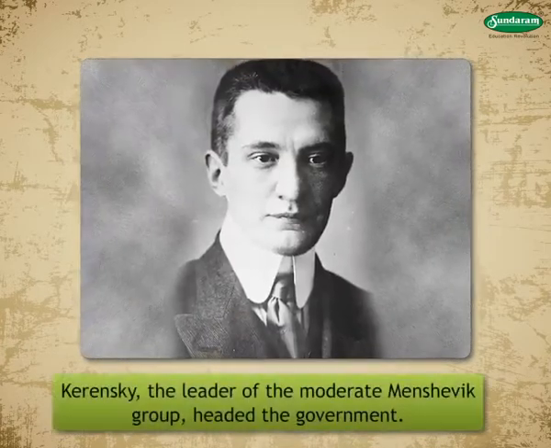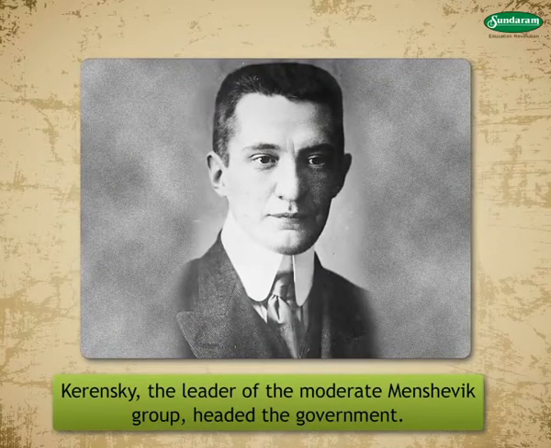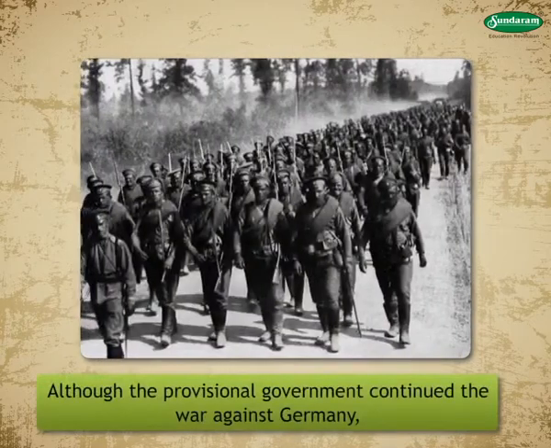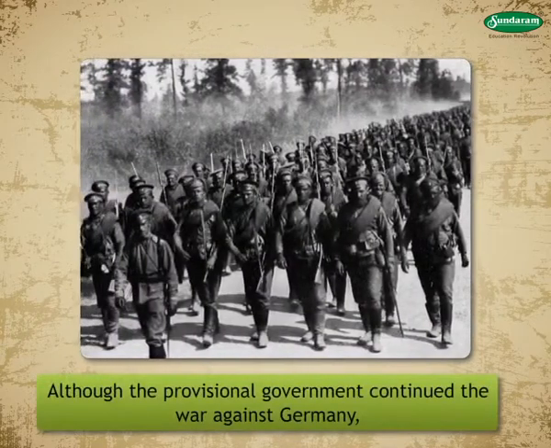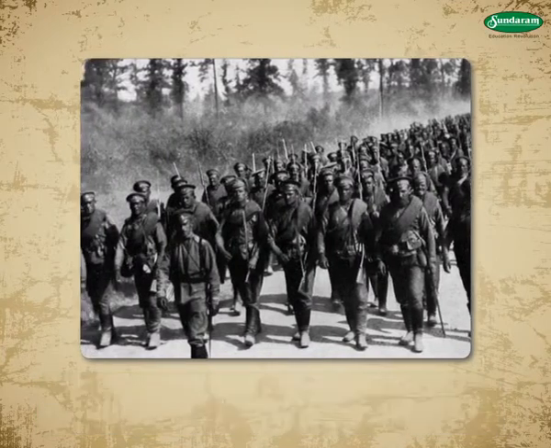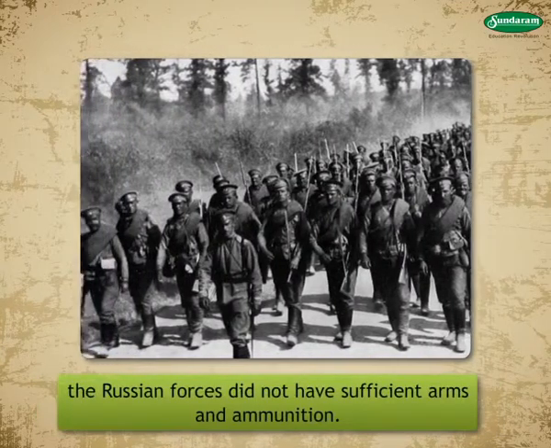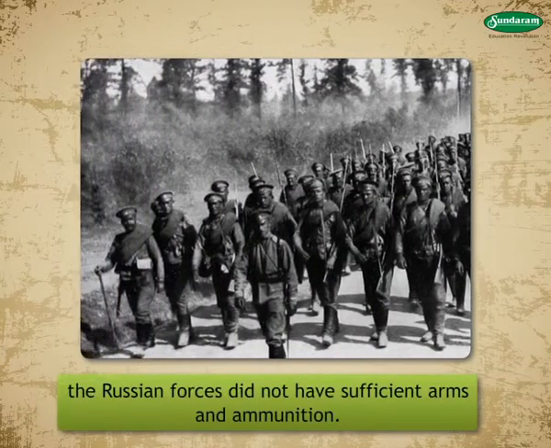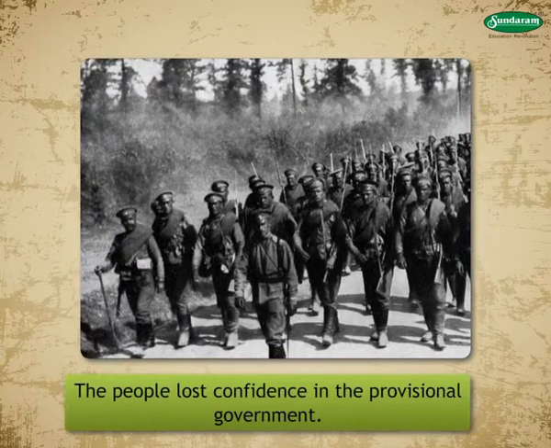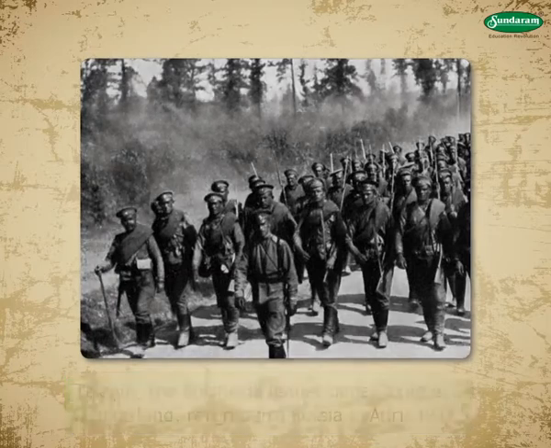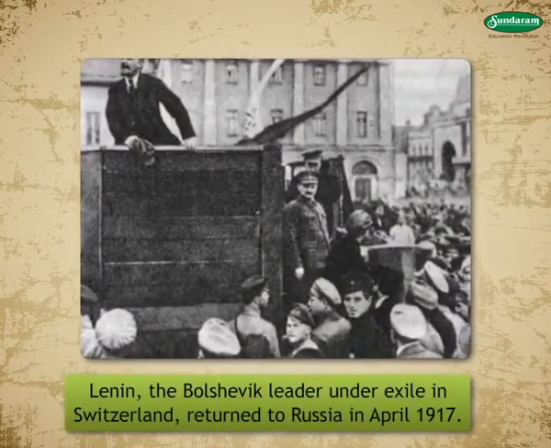Kerensky, the leader of the moderate Menshevik group, headed the government. Although the provisional government continued the war against Germany in the First World War, the Russian forces did not have sufficient arms and ammunition. So the people lost confidence in the provisional government. Lenin, the Bolshevik leader,